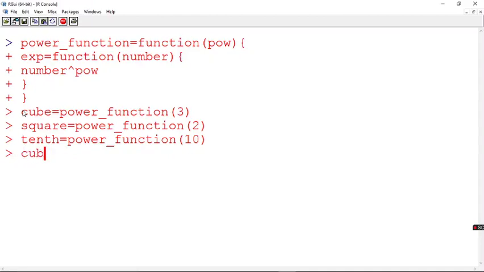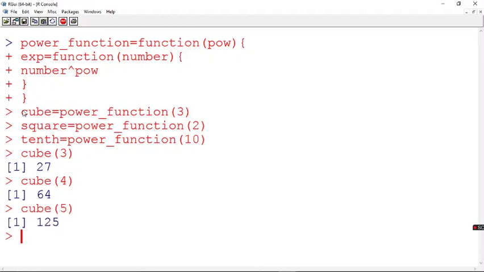Now suppose I say cube of. So cube is the function which will find the cube value of anything you pass as argument. Now I say 3. So it has to find 3 cube. See, I've got 27. Now let's try with another example. So I say 4 cube. Find 64. Now I say 5 cube. 125.